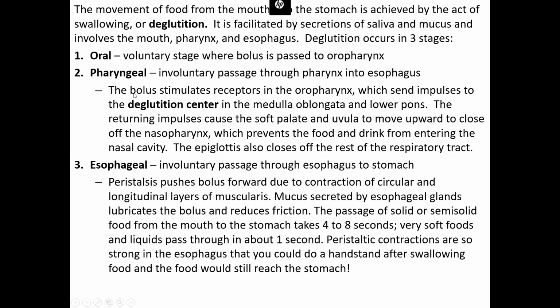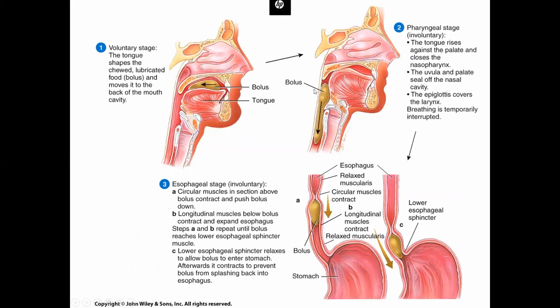The arrival of a bolus into the oropharynx is going to stimulate receptors within the wall of the oropharynx, causing signals to be sent up to the deglutition center, our swallowing center, which is in the medulla oblongata and our lower pons. As a result, signals come down, causing a couple of things. Our soft palate, the roof of our mouth towards the back, and the little ball that hangs down called the uvula will push upward and close off any bit of food or drink from entering the nasal